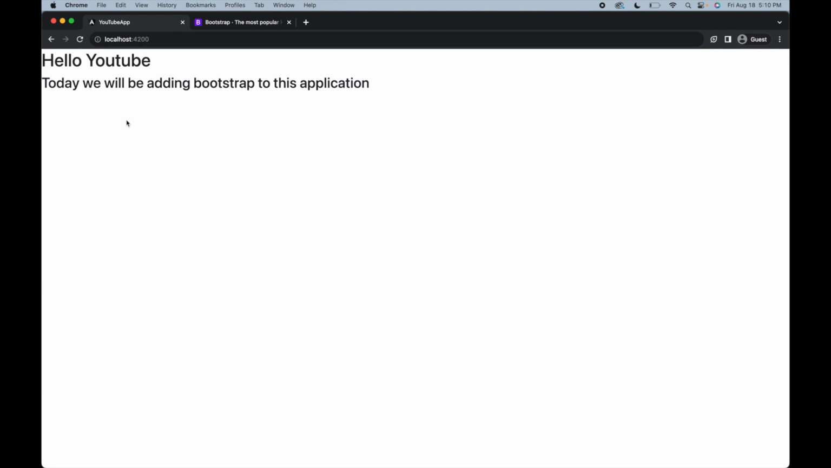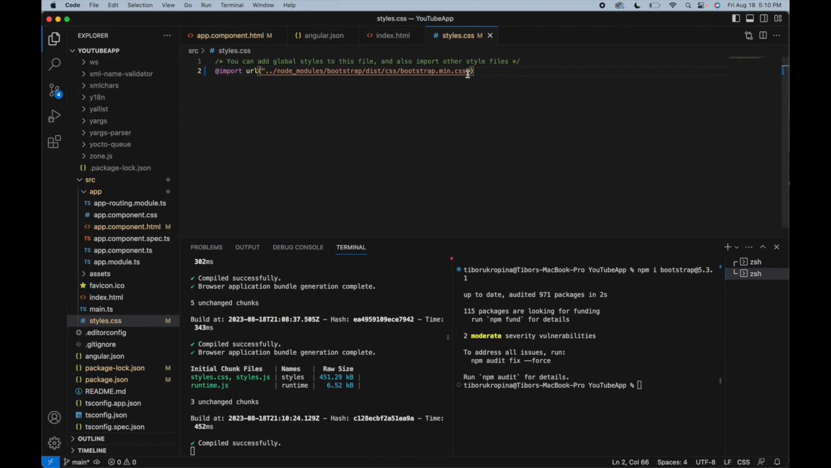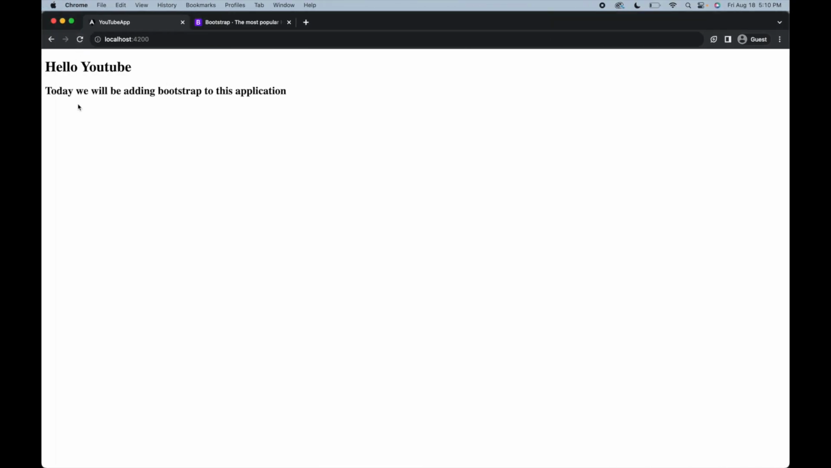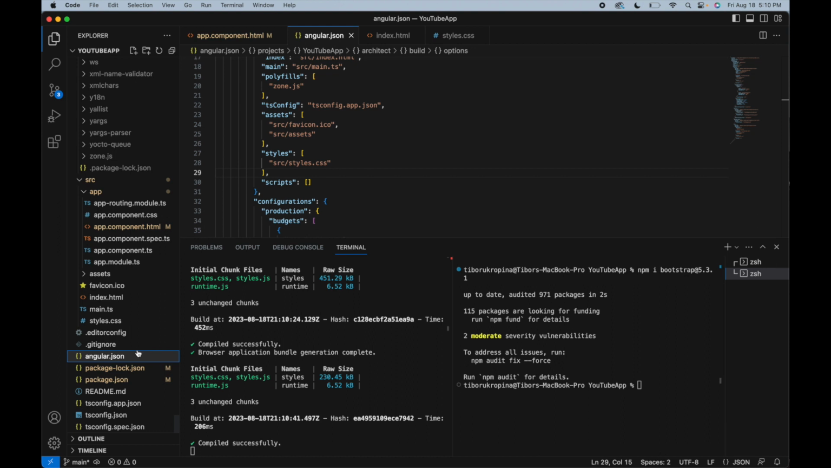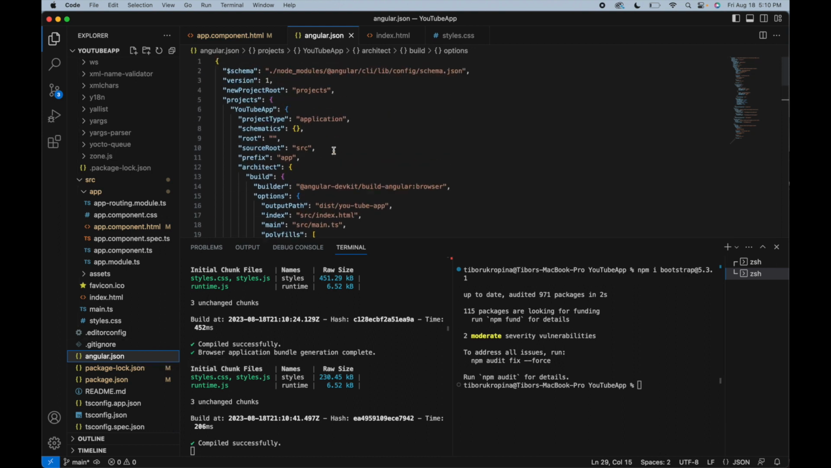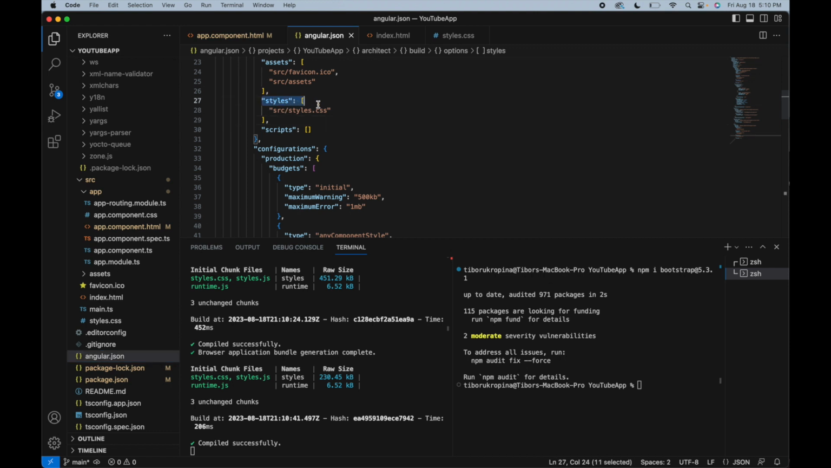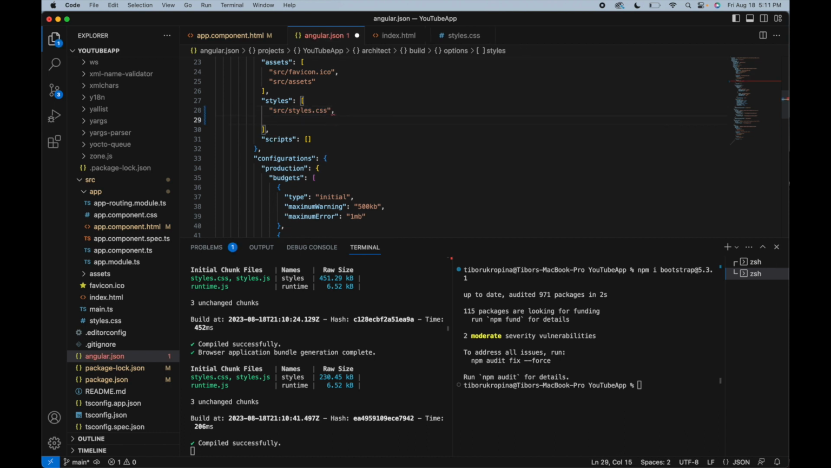Now let me show you another way of doing it. What we're going to do is we're going to copy this link right here. And now I'm just going to delete it. Now if we go back, we'll see we're not using Bootstrap anymore. Now in our angular.json file, we can actually scroll down to where it says styles. And this is an array, so you can import as many style sheets as you'd like. So I'm going to copy what we had before